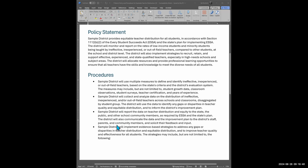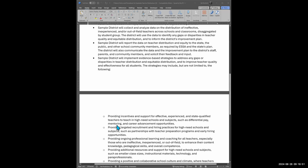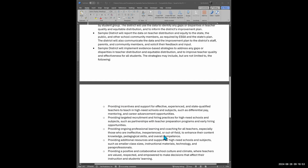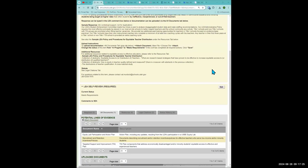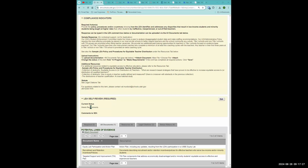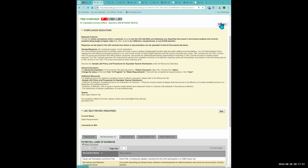Reading over the procedures might give you some ideas of, oh yes, that's one thing we do, or that's something we could do. Let's add that to our procedures. Okay, so again, just as a sample for your reference. This item is ready to go since I changed the status and I uploaded that document, and I'm off to